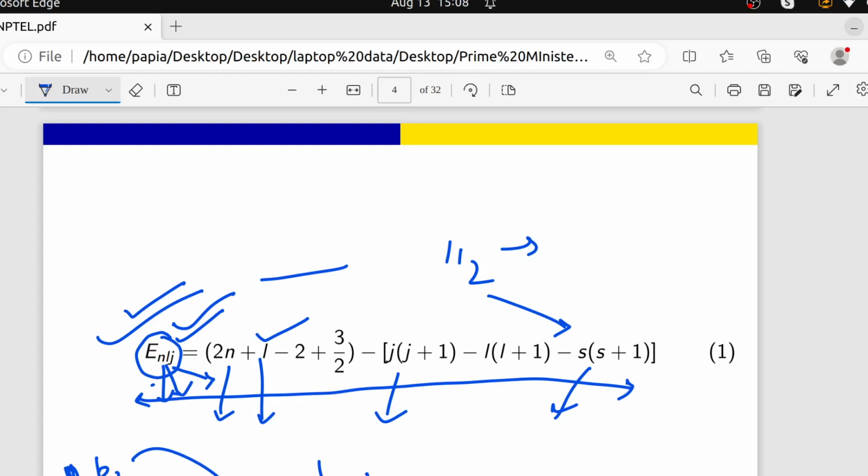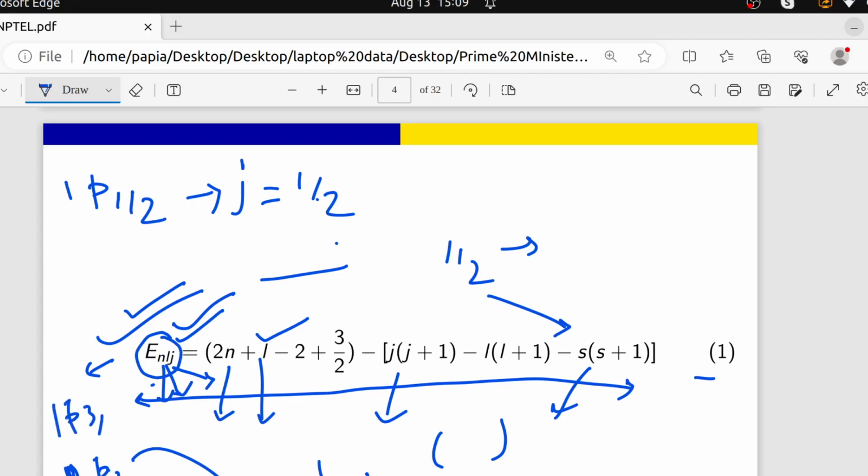If I put all the values here, then there will be some value. When we put 1p 1/2, all the things will be the same, but the J value will be 1/2 instead of 3/2, because 1p 3/2 means J is 3/2, and for 1p 1/2, J is 1/2. That is the thing. So if I put the values of J, N and L in equation number 1, then we can get a value for 1p 3/2. But here if I put again 1p 1/2,